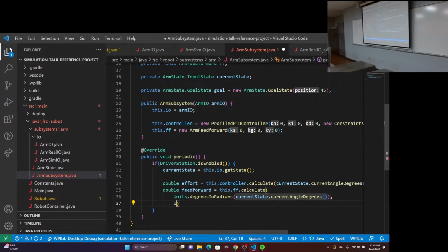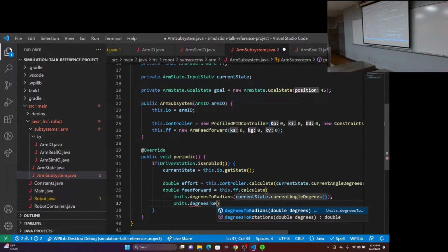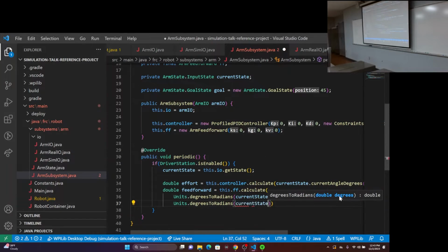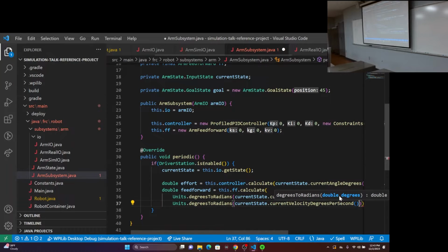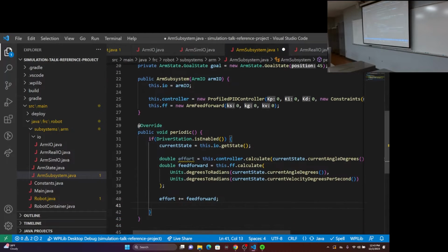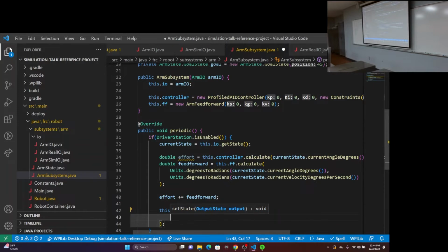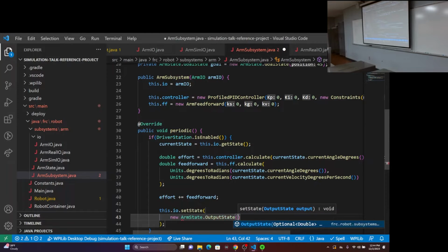And this one is, so the first one is the position that it wants, and the second one is velocity to calculate your feed forward. And so now the value you feed into your output is just the combination of those two doubles, effort plus feed forward. Then you say this.io.setState, new arm state.outputState, and this is where